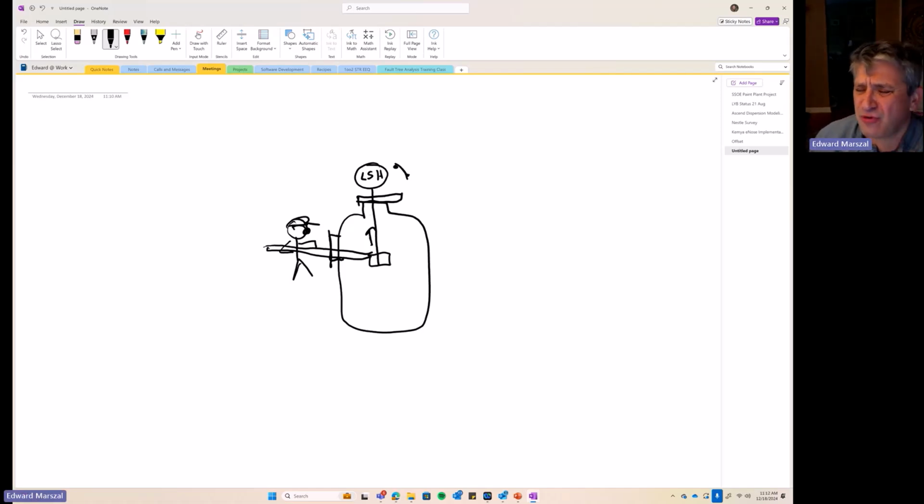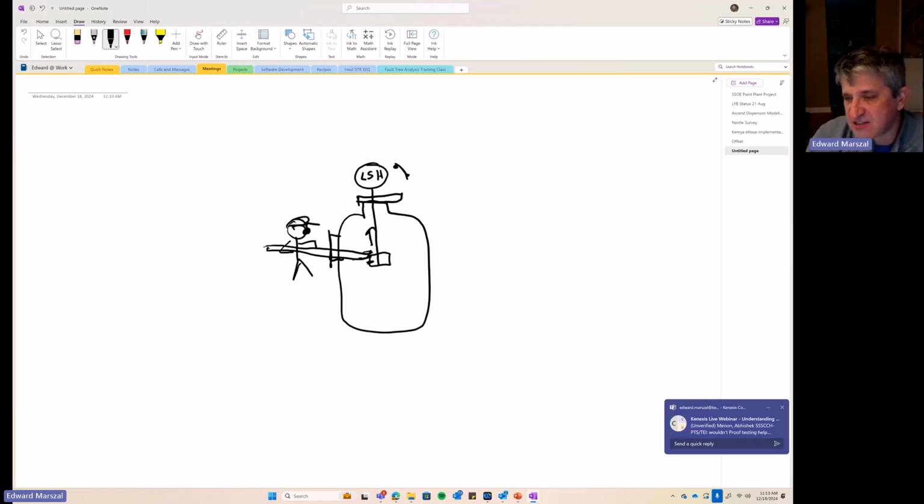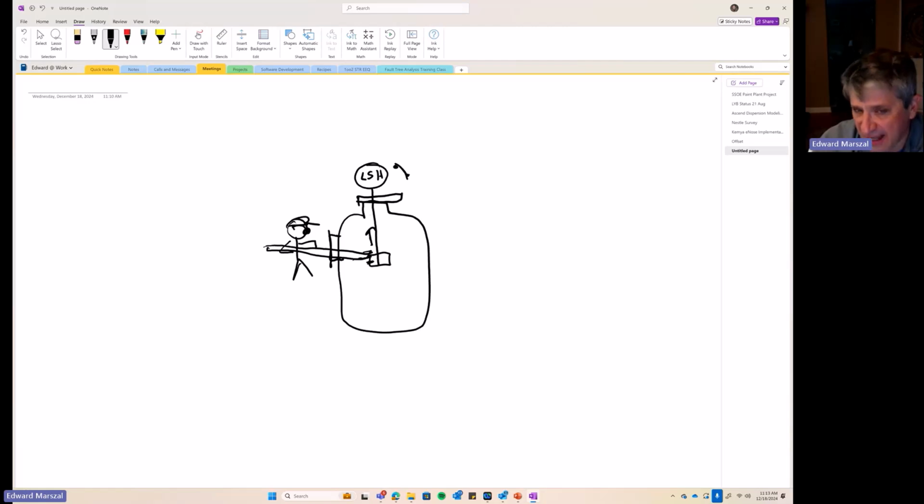Okay, number one, don't do this. This is a horrible test. But you'll see that the action of this operator trying to lift this float up can actually puncture the float. And puncturing the float is a dangerous failure. So for this test that I just drew up on the screen here, the act of testing the device can actually create a failure.